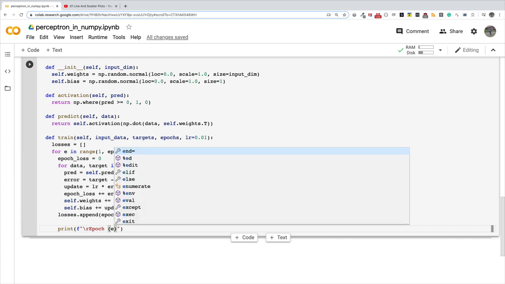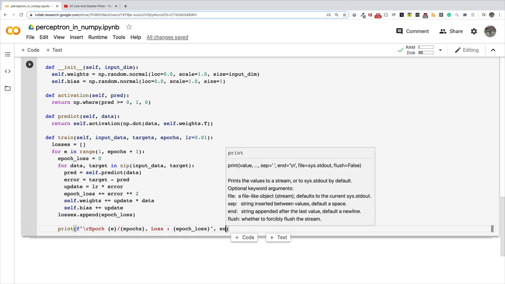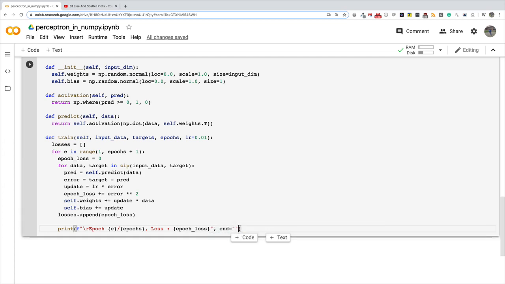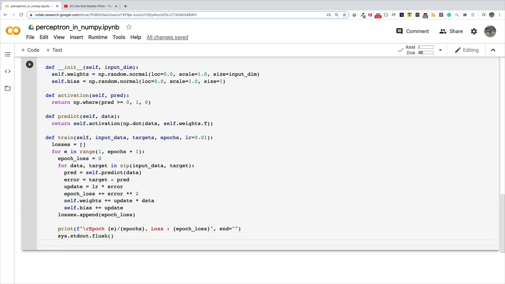Basically I'm just printing out the epoch over the number of epochs that we want to train, and then I'm also printing the loss for that particular epoch, and that is going to be my epoch loss. Yes, and I will say end is equal to this, and then I will say sys.stdout.flush. Okay, so at this point we are going to return all the losses,